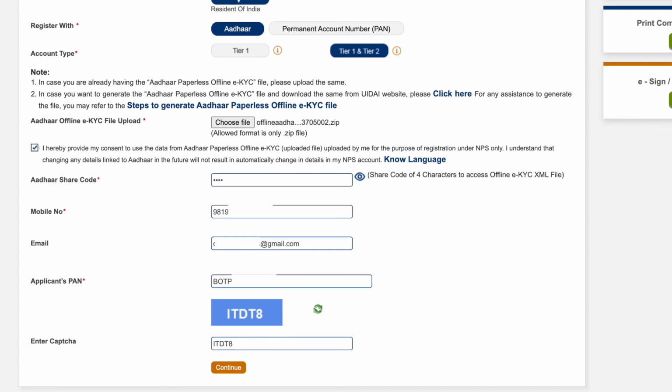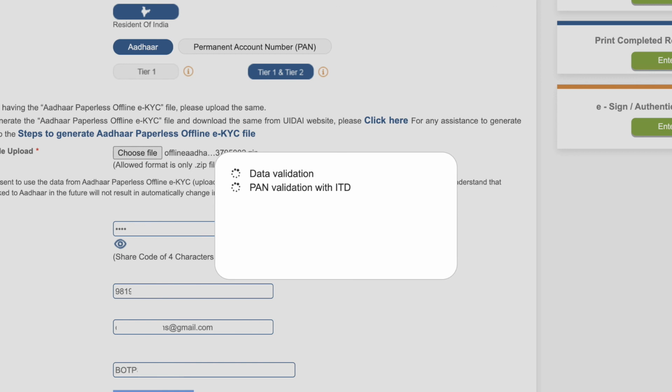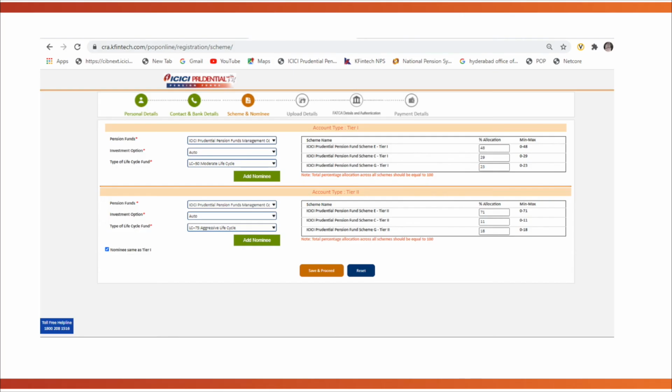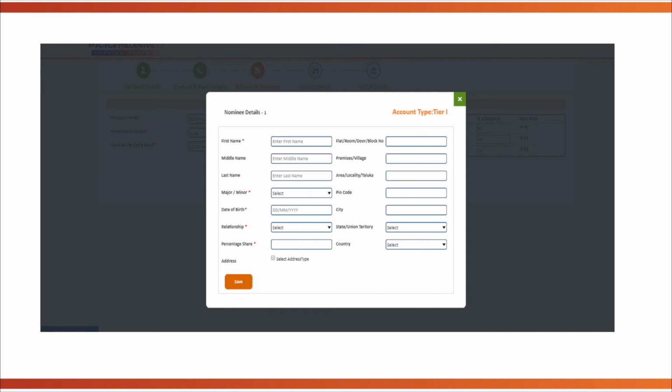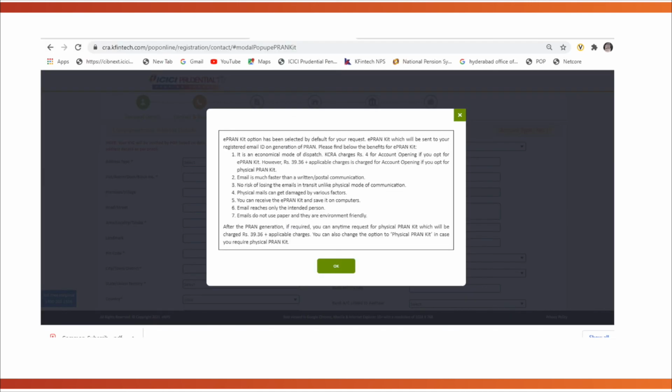Now you need to enter the 4-digit number you had mentioned in the Aadhaar website, your mobile number, your email ID, your PAN card number, and the CAPTCHA code. Once the validation is completed, you can now fill other fields in the form like the scheme preference, nominee details, and payment details. On successful completion of the form, you will receive your PRAN number and your ePRAN kit on